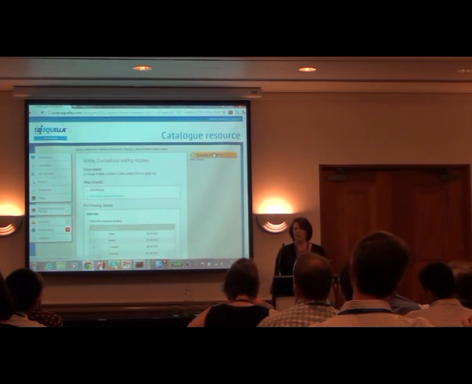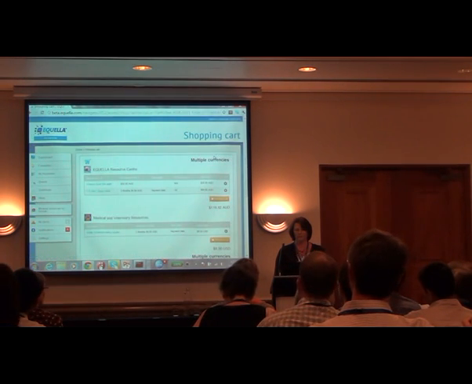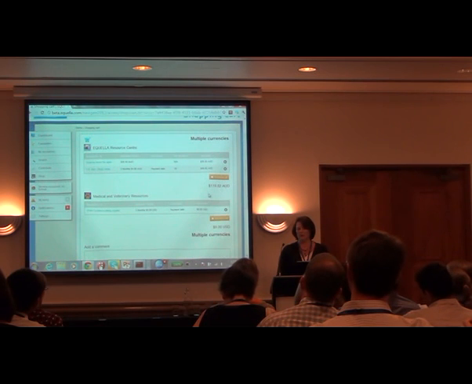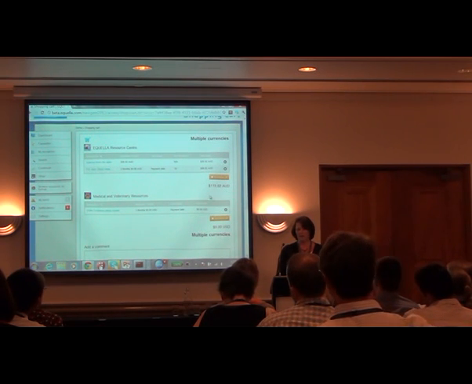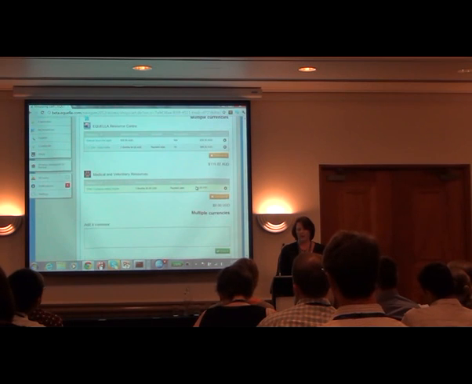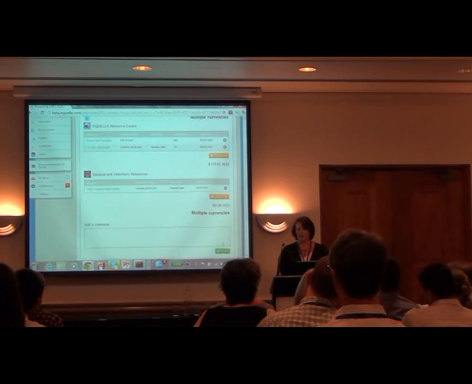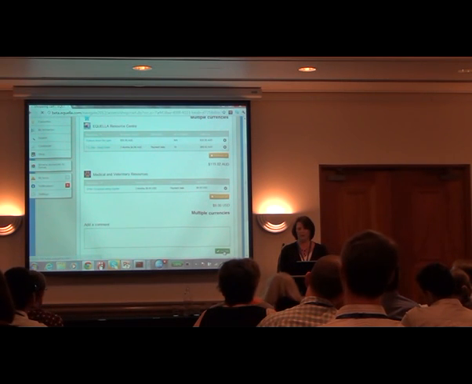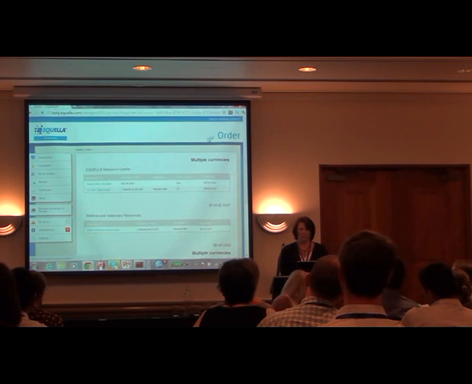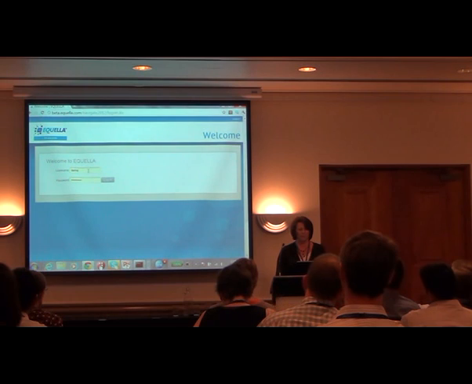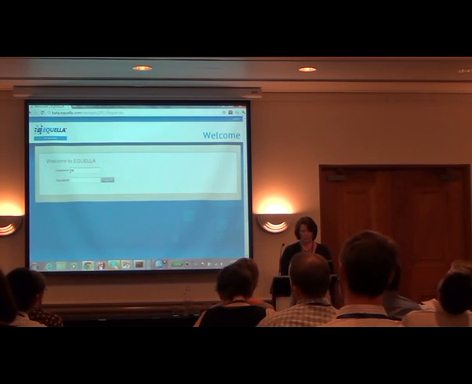And if I have a look at my shopping cart, it subtotals each store, and it can't give us a store total because we have multiple currencies. But you can see underneath each store, it gives you a subtotal. Now, at the bottom of the page, we have a submit button. Because this person can't pay for their own orders, we'll submit it. I'm going to log out and log in as somebody who's set as an approver, Joe Blogs.